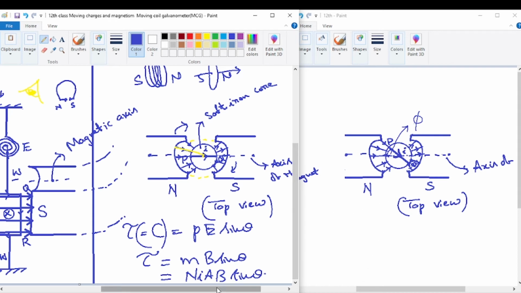So now apply this here. Sin theta, theta is 90 degrees. Always, even after deflection, the plane of the coil is parallel to the field. So the angle between the natural axis of the coil and the magnetic field, theta, is always 90 degrees. So sin theta is always sin 90 degrees, which is 1. So torque is very simple, NIAB. So this is the torque which is actually deflecting the coil.